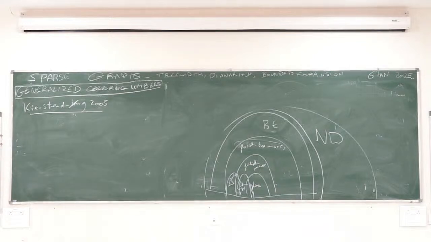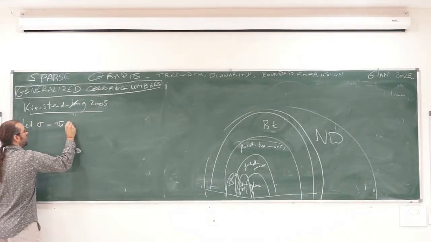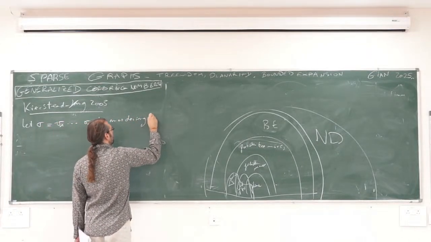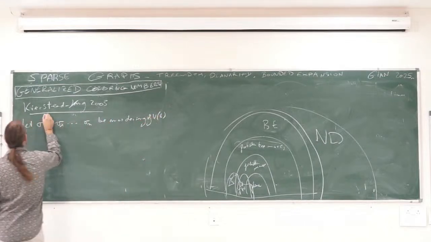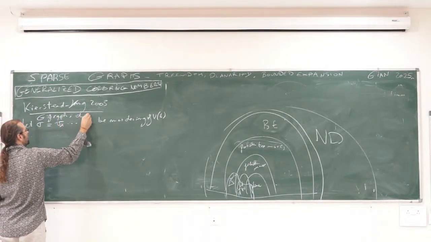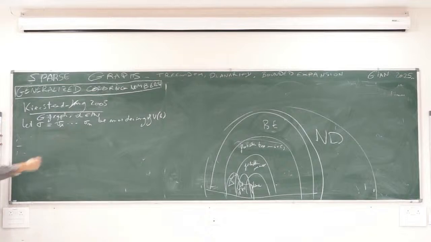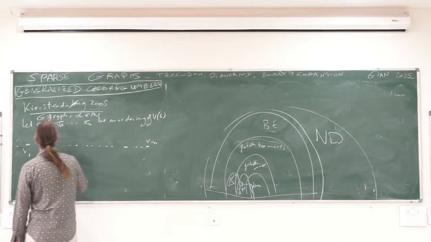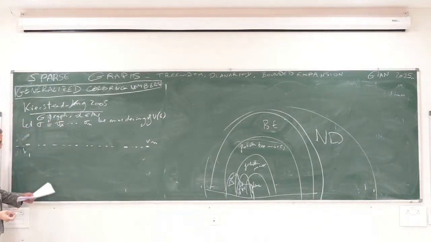Alright. So you have this ordering. Let's fix an ordering. We have a graph G, and I also fix an integer d, and I'm fixing some ordering, sigma. This is sigma. Okay, so let's make a picture. My graph looks like this. This is Vn, V1. Okay, and I'll say that